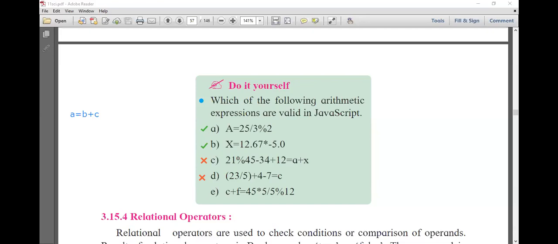Yash is saying invalid. Ratan is saying invalid. Other students are saying valid. Confusing answer. So what is the actual answer? Valid or invalid? Tell me about E. Tanvi is saying valid. Shravani is saying valid. Ratan Desai said invalid. And who else said invalid? Ratan Desai and Rohan are saying invalid.